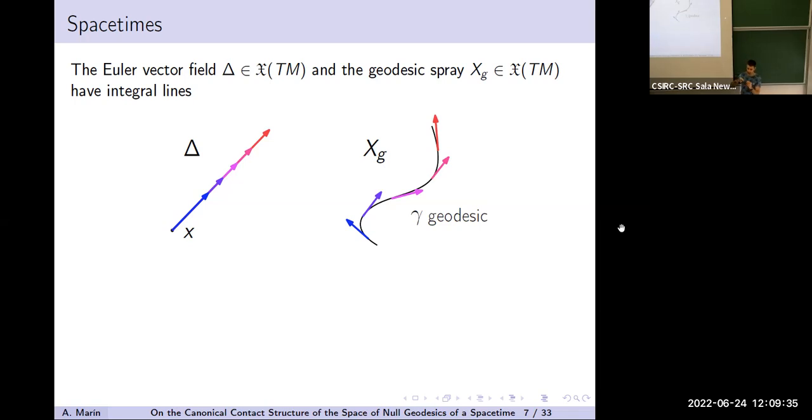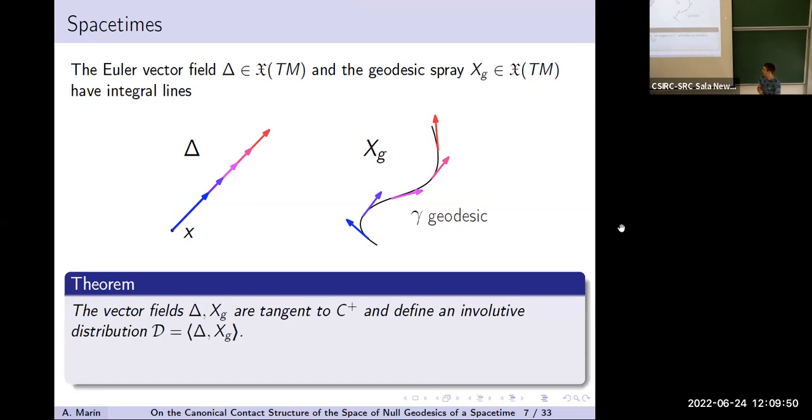What I'm going to do is take a geodesic in my spacetime and take the tangent vector field to that geodesic. And that's going to be a curve in the tangent bundle. And that's going to be, by definition, an integral curve of the geodesic spray. Great, so one can think a bit about these things and realize that they are actually tangent to the bundle